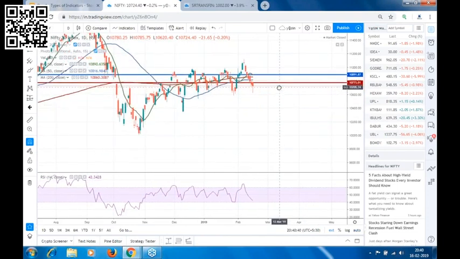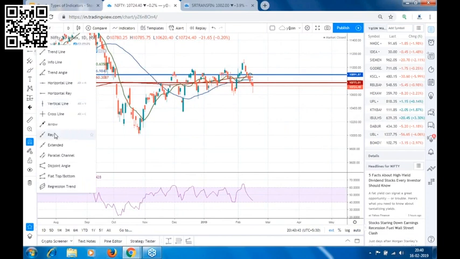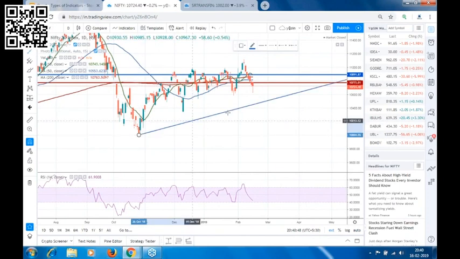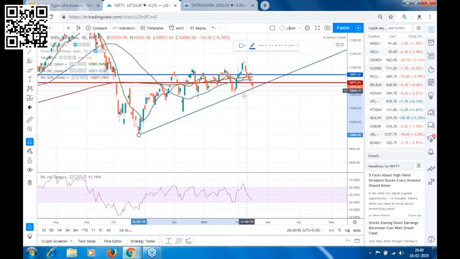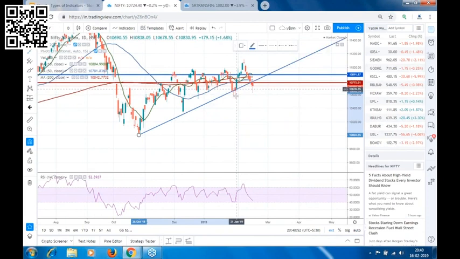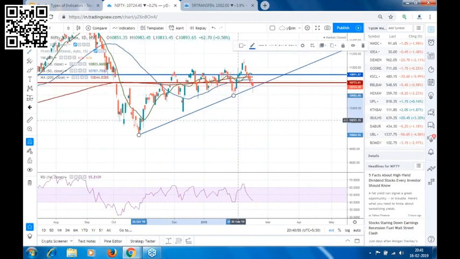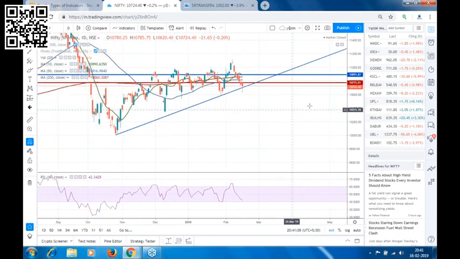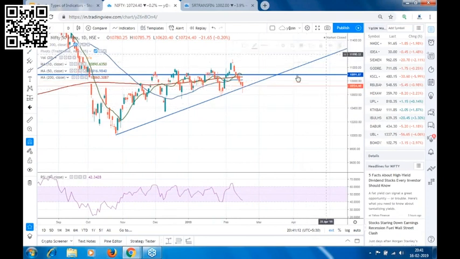Now if we look at Nifty, now this is the trend line. Even on Friday, you see it tried to break the trend line, but there was a pullback in Nifty. Now let's see whether it breaks the trend line on Monday, or we are expecting a pullback, because see, Nifty